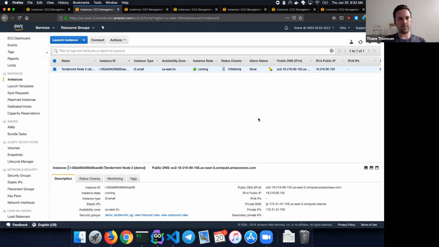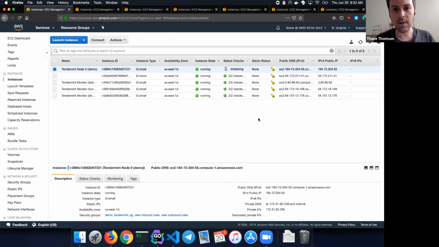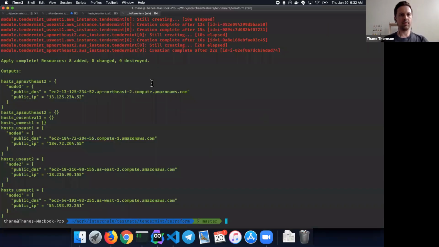So there we have our 4 nodes. What I'm going to do, so you'll see now, once the script's finished running, it'll spit out a bunch of output variables. Terraform calls them output variables. I'm basically just giving out the public DNS for each of these nodes. And in order to SSH into these nodes, one of the easiest ways to do that is to use ssh-keyscan. I don't know if anyone's familiar with that. So we'll just do